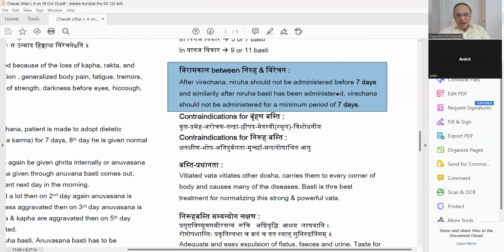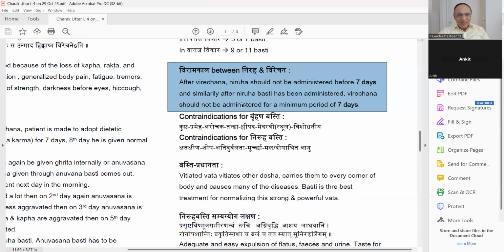Okay, should not be administered. Some Vaidyas will challenge this video. How do you say, sir, we are not following this? Okay, 1 or 2 patients you are following this method. How many patients you have treated? First Vaman, then Virechana, then Basti, then tell me the number. Show me the papers. What I'm saying, in general, it is not done. Exceptionally, anybody can do that. I am not saying Charak is wrong.